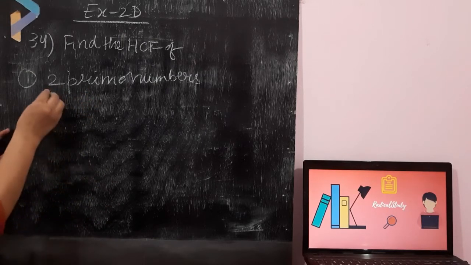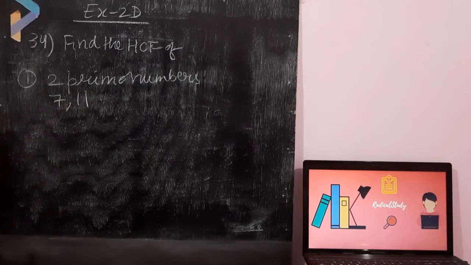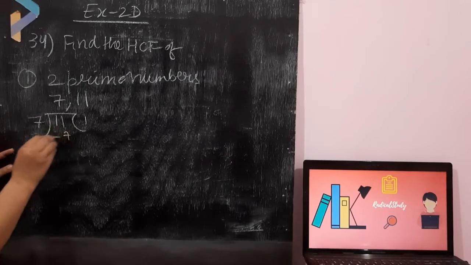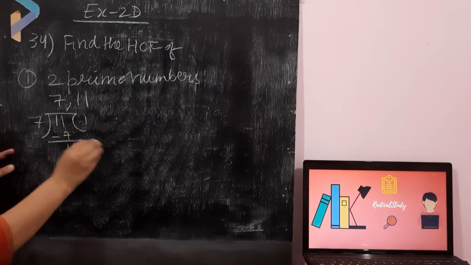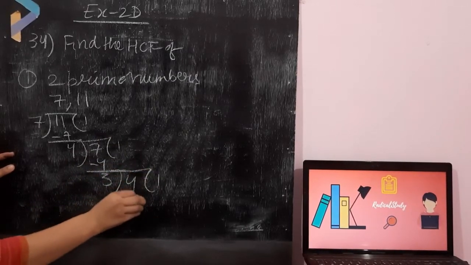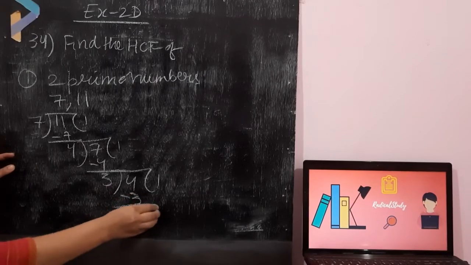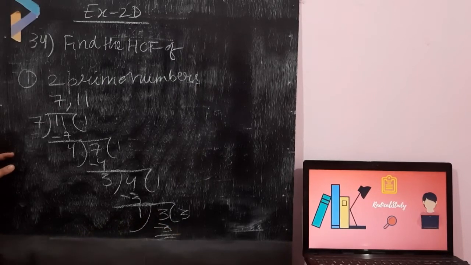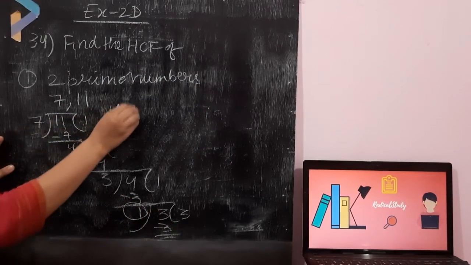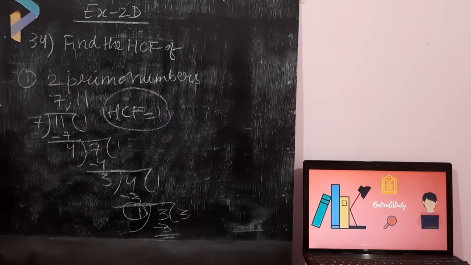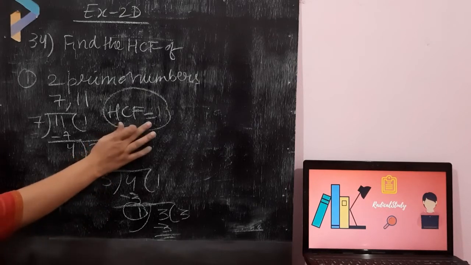पर जस्ट टू चेक आई एम गोइंग टू फाइंड आउट द HCF ऑफ 7 एंड 11. बोथ आर प्राइम नंबर्स, दोनों प्राइम नंबर्स हैं. तो मैं इसको आपके सामने चेक करके बता रही हूँ. सो 7 ones are 7. We have got 4 as the remainder. 4 ones are 4. Now again 3 ones are 3. Now here we have got 1. 1 threes are 3. Right, students? So what we have got over here? We have got 1. So the HCF of any 2 prime numbers or any 3 prime numbers or more than 3 prime numbers, you will always get 1.